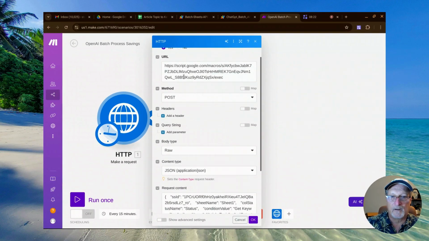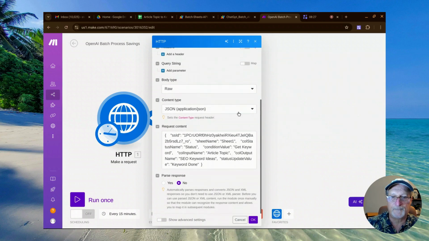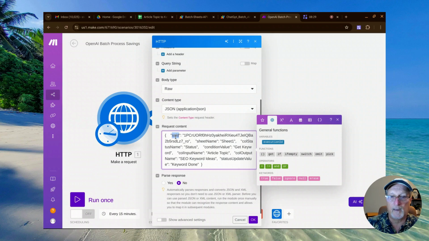So in this case, we give it a URL, post, body type's raw, it's going to be JSON. And here's where we're going to say, okay, hey, I need the spreadsheet ID of the spreadsheet I was just looking at. What is the sheet